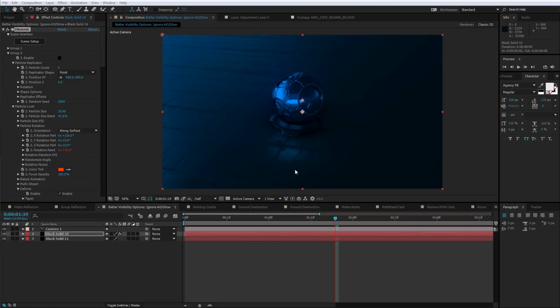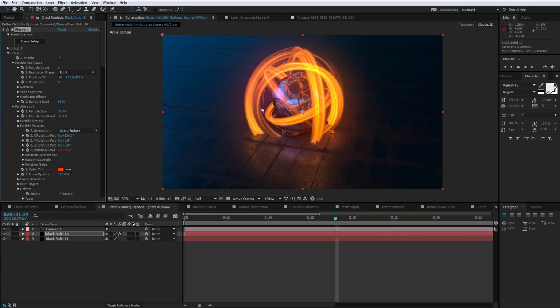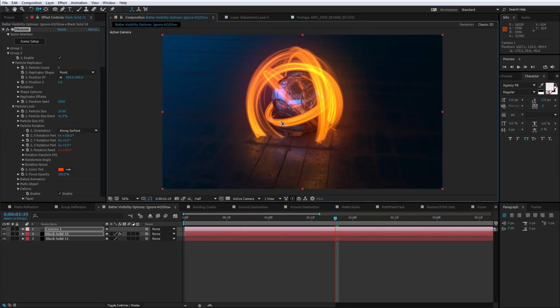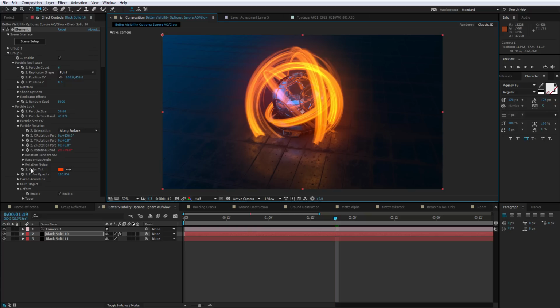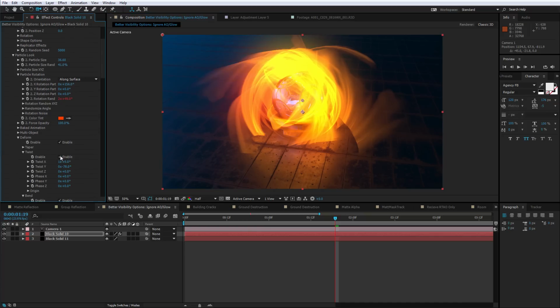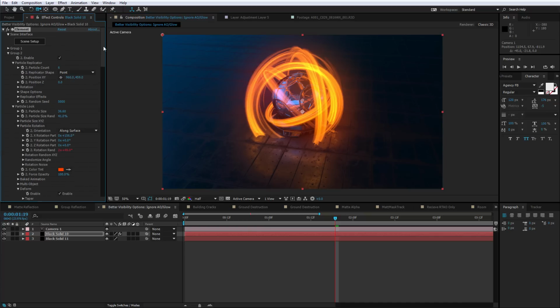Also in version 2.2, we've added a bunch of advanced visibility options. So let me show you another example here. I've got some cool light streaks, and these light streaks are just created using some deform twisting and stuff like that. And basically, if I go into our scene setup,